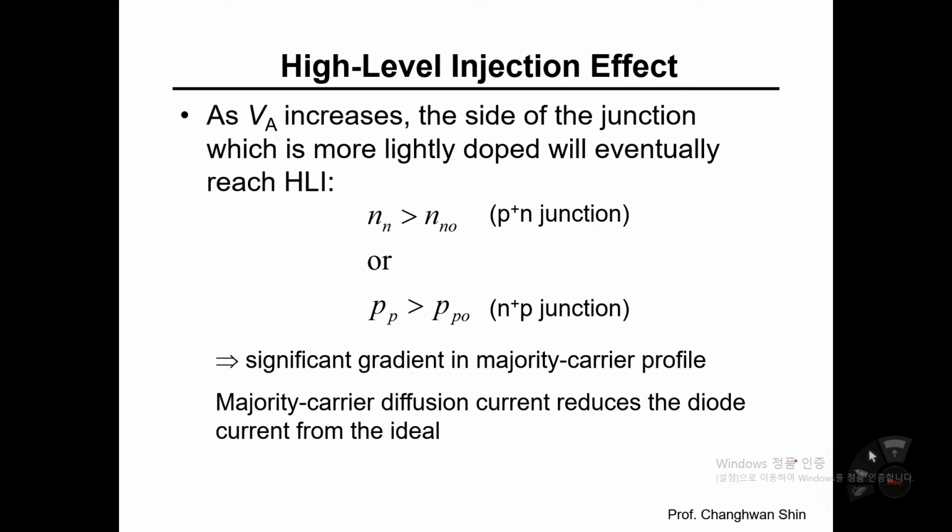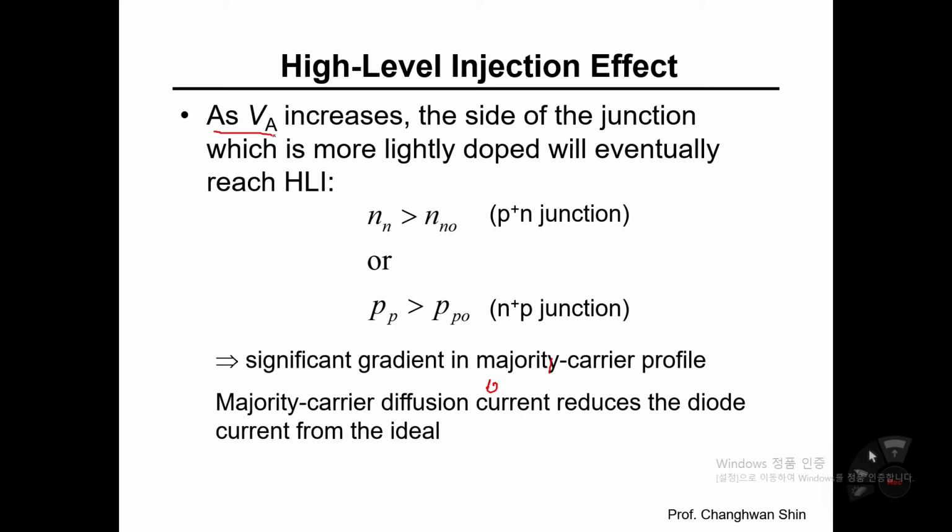So basically, we have assumed that the total amount of injected holes into the N side should be much, much smaller than the majority carrier concentration in N side, which is the electron concentration in N side. But if you apply a super high externally applied bias across the PN diode, as denoted in this lecture note,